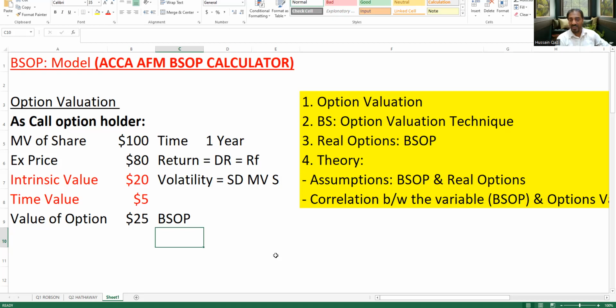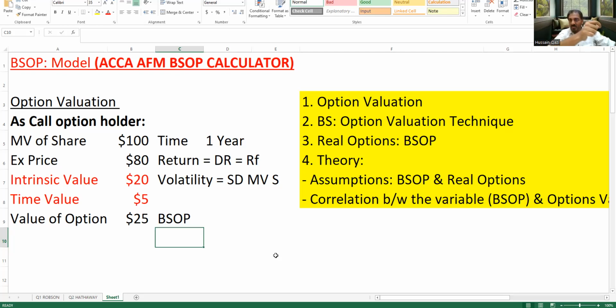Even though the share price is available, you calculate the value of the share by PE ratio, dividend valuation, free cash flow, or any other method. You do that or not, do let me know. Even though it's stock market listed, if the examiner asks you to calculate it, in FM or AFM, we calculate the equity value by different methods, PE ratio and others. Yes or no? Same case,